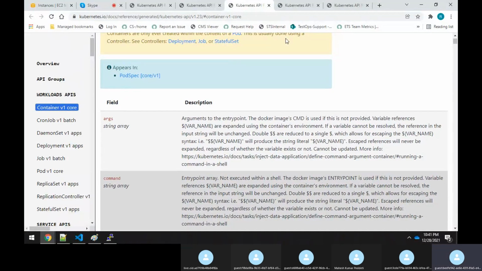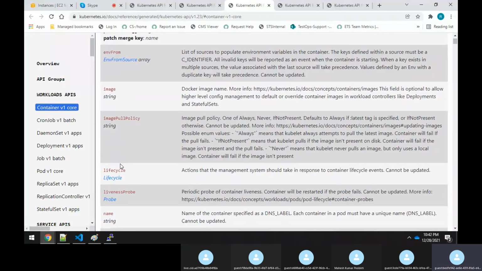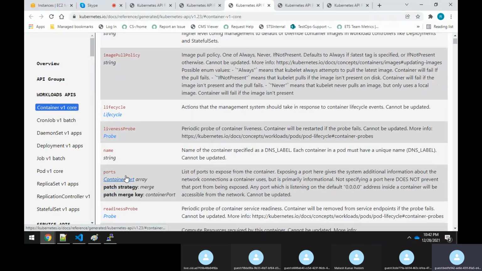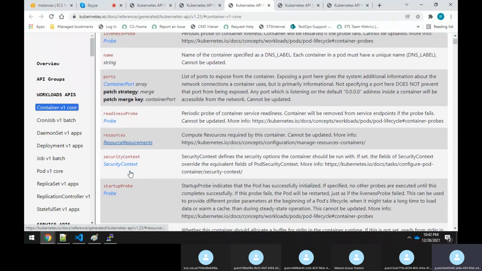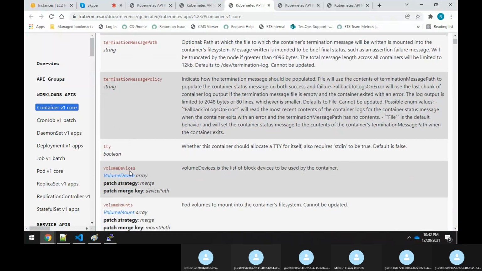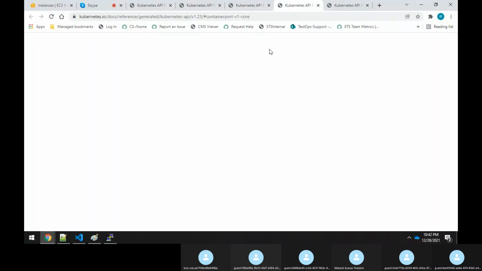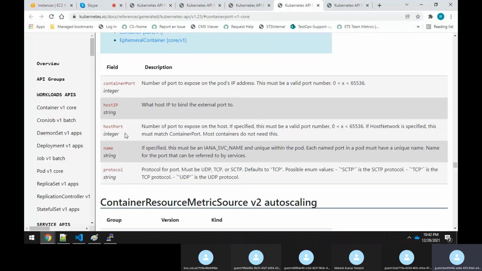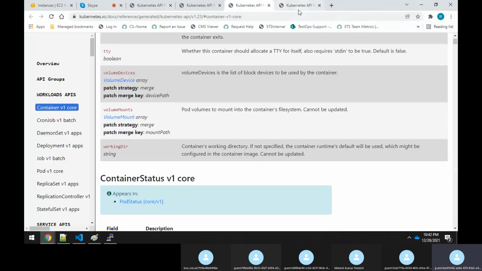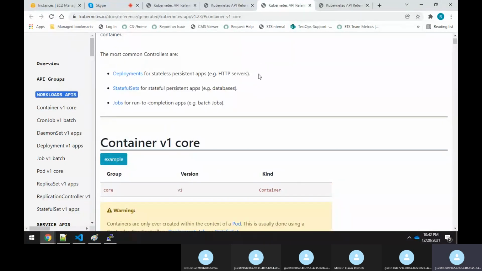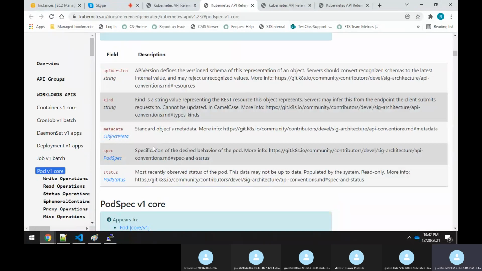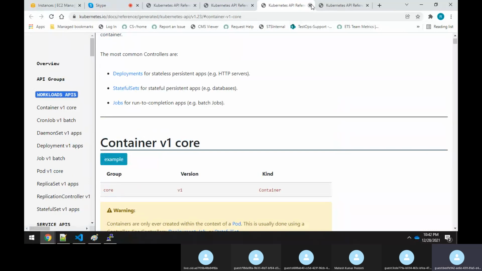So this is spec. So it will be a part of the container. Not this one. Container port. Okay. Not container port, sorry. Containers. Where is the container, sir? Containers. Let me go from the beginning. Spec is there. Okay. Let me close this.